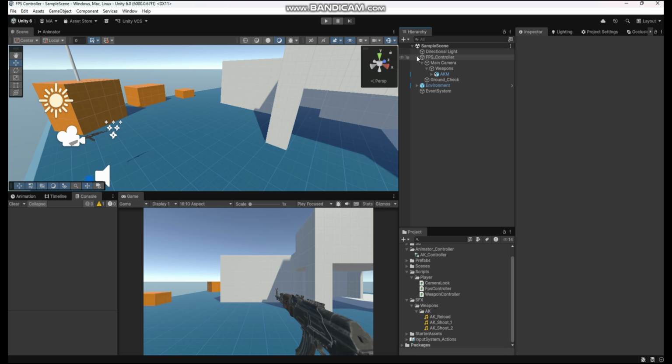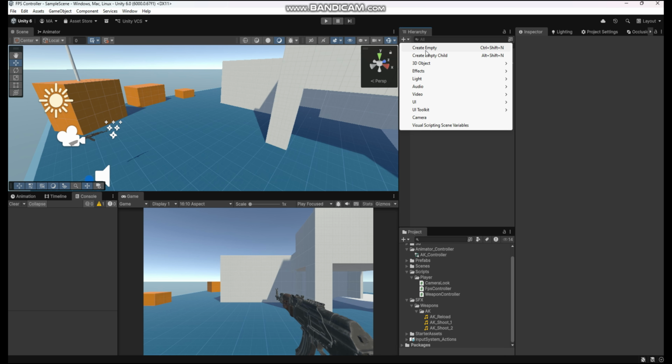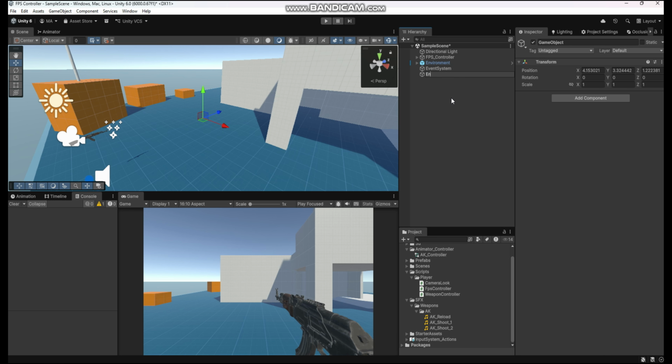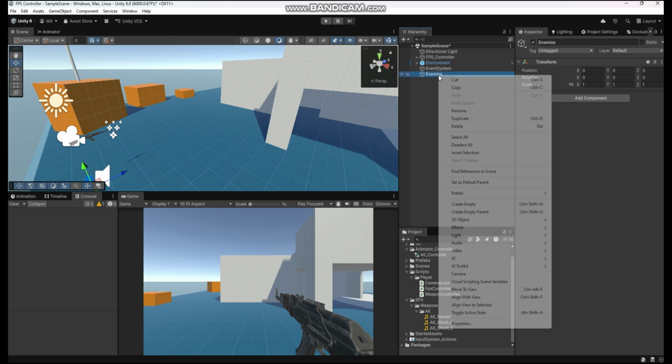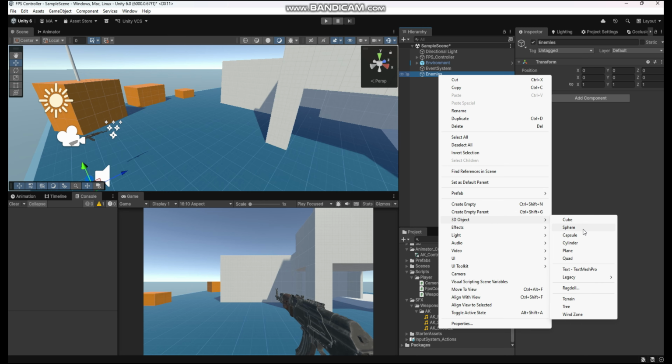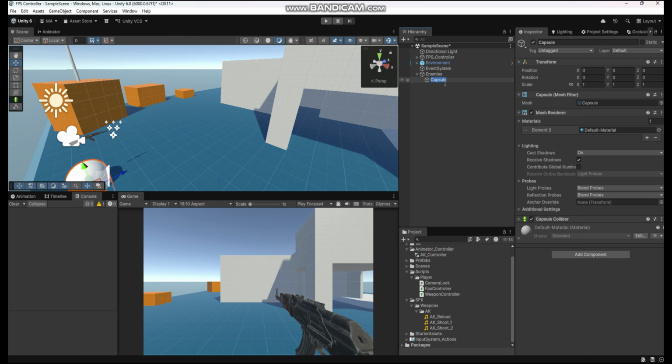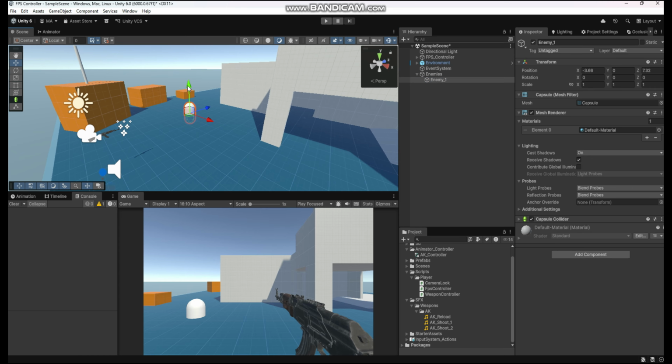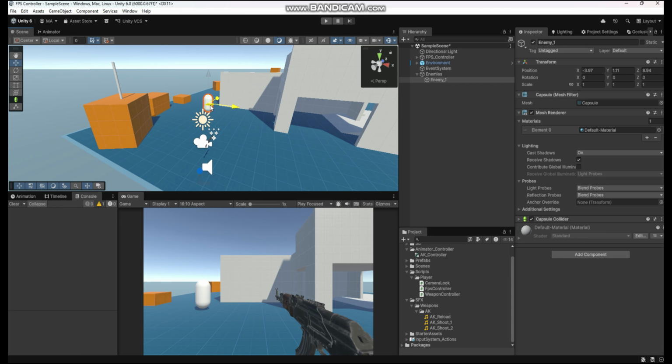First, let's add a capsule in our game that will act as a damageable object. Create an empty object, rename this as enemies and reset its position. Inside this, create a capsule and rename this as enemy1. This will act as a damageable object. Next, let's adjust the position for our enemy and place it in front of our player so we can easily